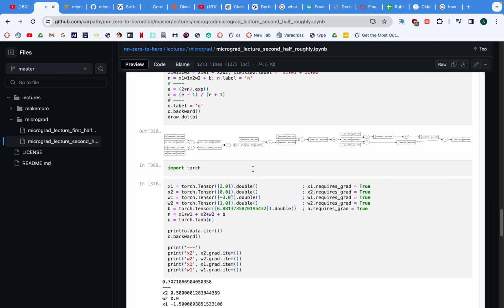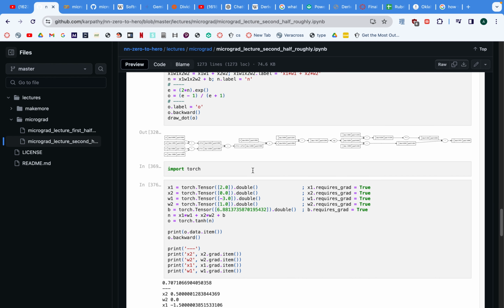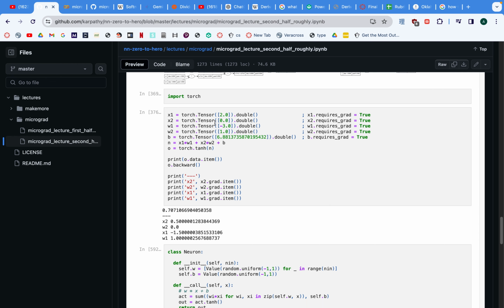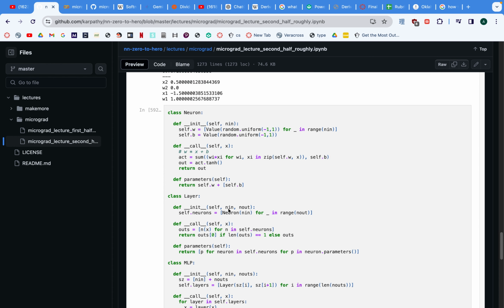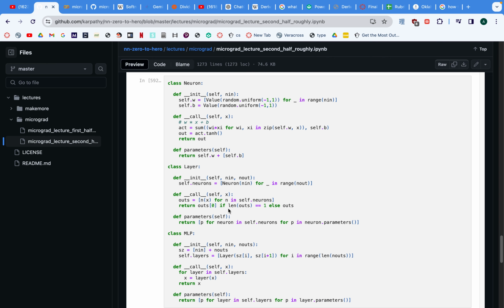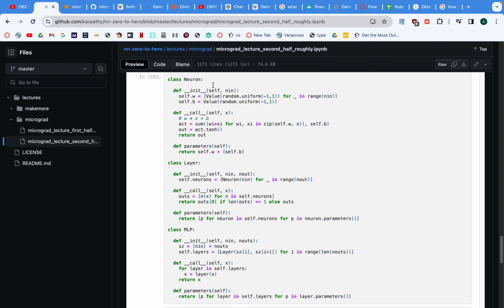Perceptron, pretty much a neural network. So he just showed you how to get the backpropagation using torch, PyTorch, which is my focus. And okay, so we start with a neuron class, and we set the weights and the biases